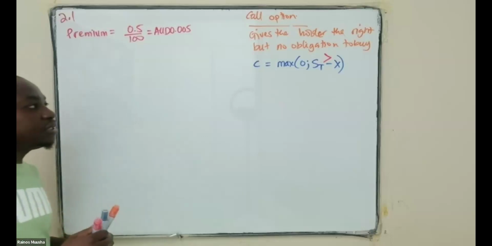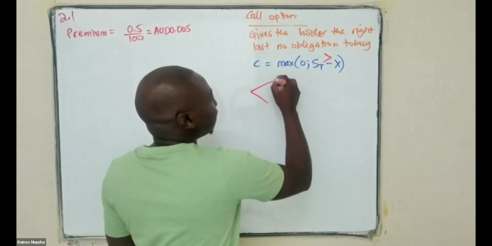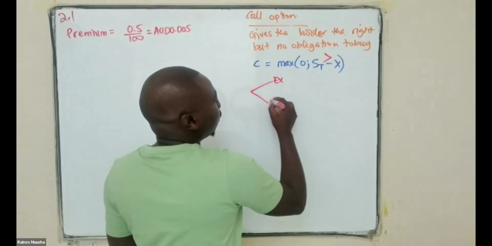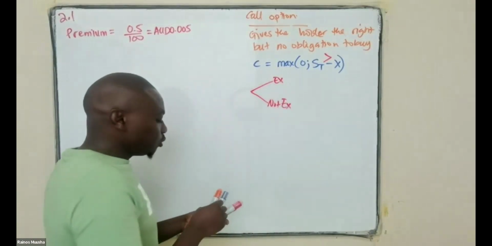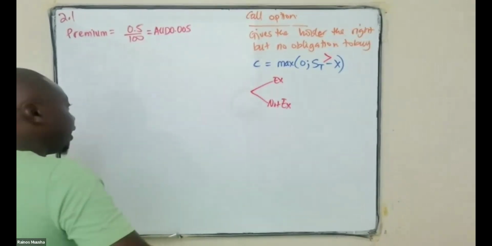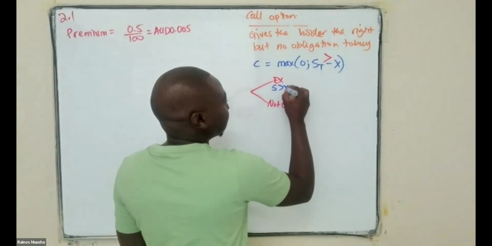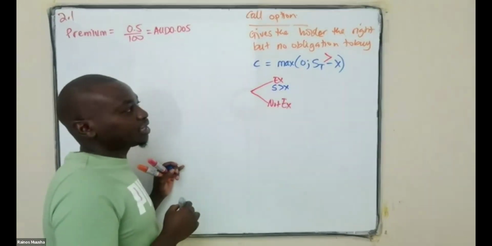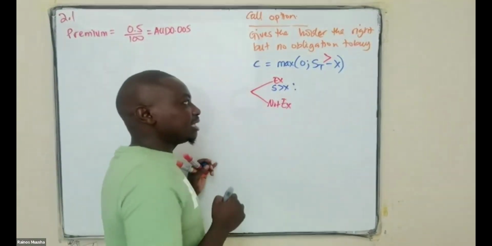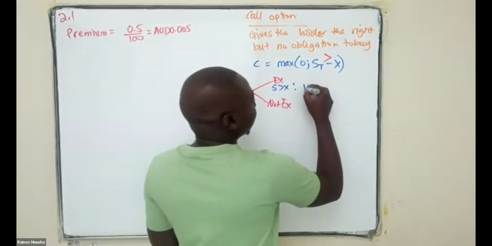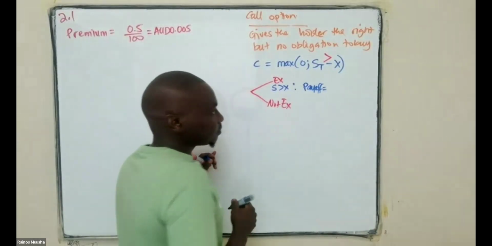So in this case, there are two things that are going to happen. It's either you're going to exercise your right or you're not going to exercise your right. So when do you exercise your right? You exercise your right when the spot price is greater than the exercise price. That's when you exercise your right. Now, if you exercise the right when the spot price is greater than the exercise price, what does that mean becomes your payoff? Your payoff now will be equal to,